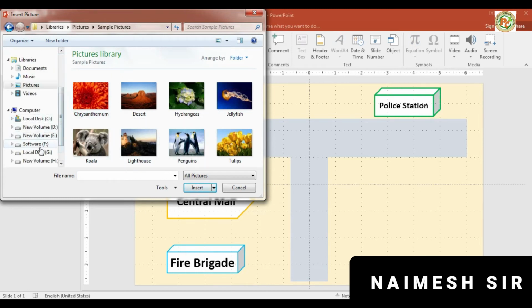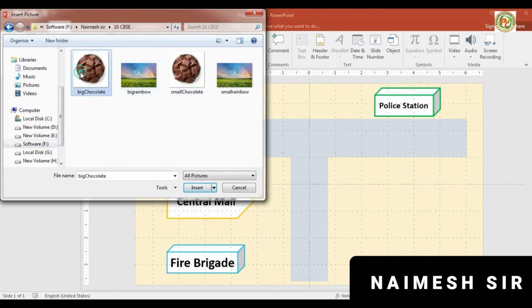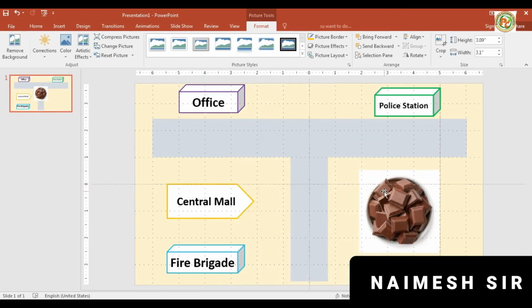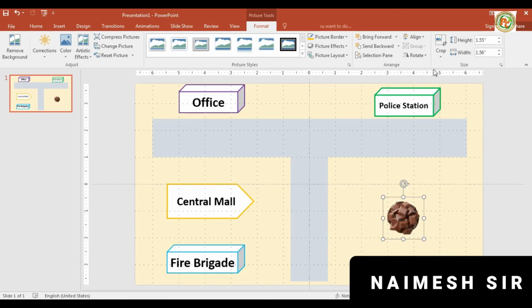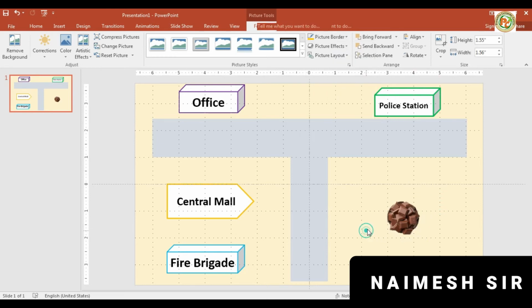Go to the file and select any image as you want. Instead of the temple I will keep something else here, like this one I have downloaded. Keep it and make it smaller in size. I want to remove the background color. Now you can see it is added, but I want the outline sides, so the border should be red. It is not appearing, but I don't want the border of that particular thing to appear anyway.